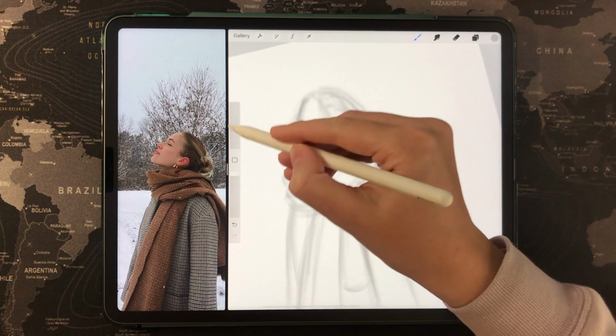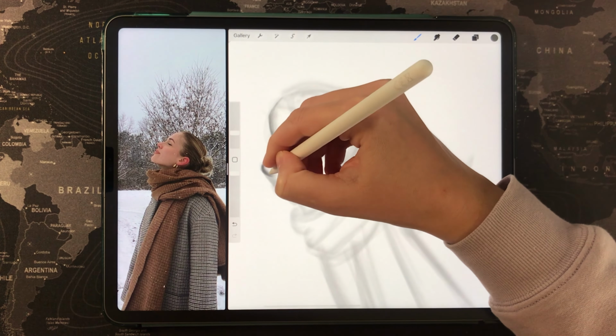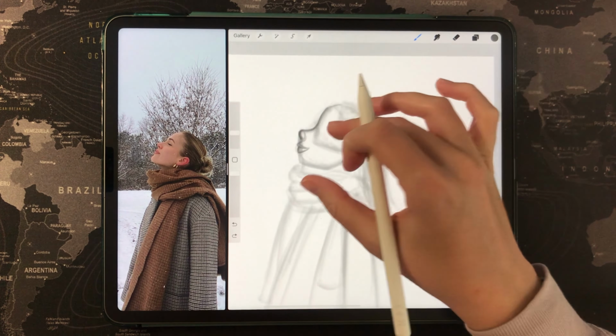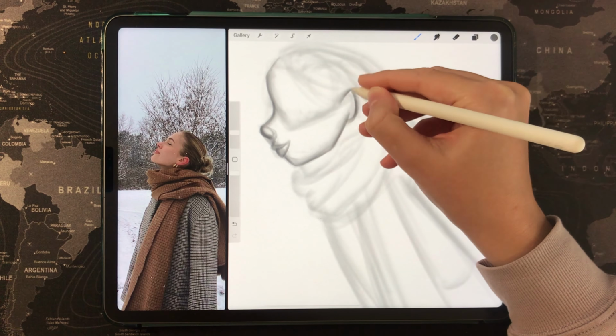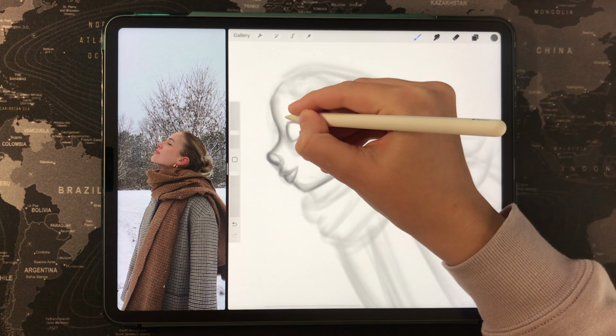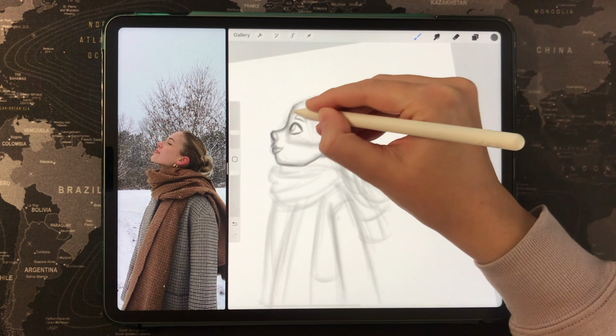So now I continue to refine the sketch and draw the features more precisely. I want her eyes to be open and looking at the sky. Maybe I will draw some snowflakes later.